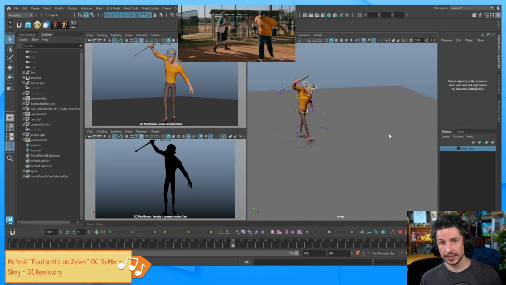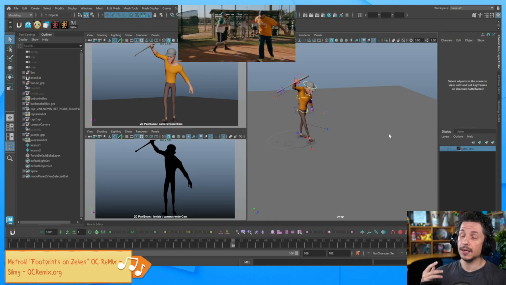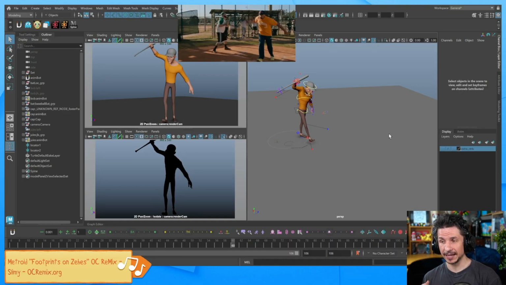And we are following that reference pretty closely because this is a body mechanics analysis. We're not trying to invent new motion. We're not trying to make a cartoony version of this. We are just trying to analyze and understand this motion. That's the core, and then push it to be a little bit more dynamic. But it is still from a film. And because of that, I would not put this on my reel, because someone who worked on, in this case, this is from Ant-Man, someone who worked on Ant-Man, maybe I'm applying to